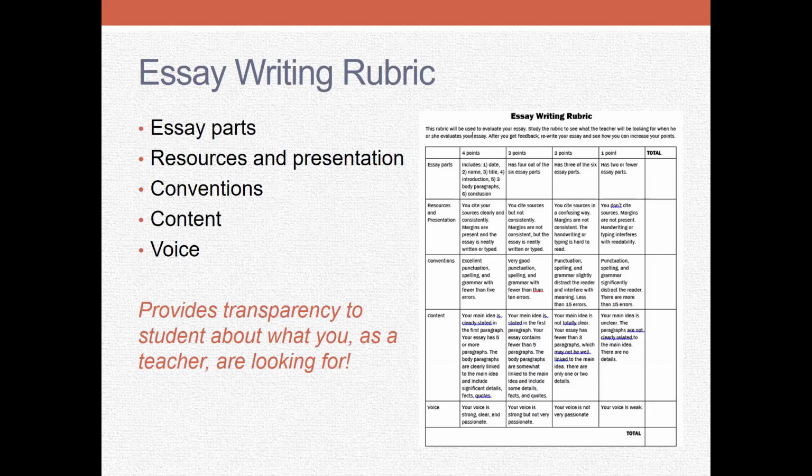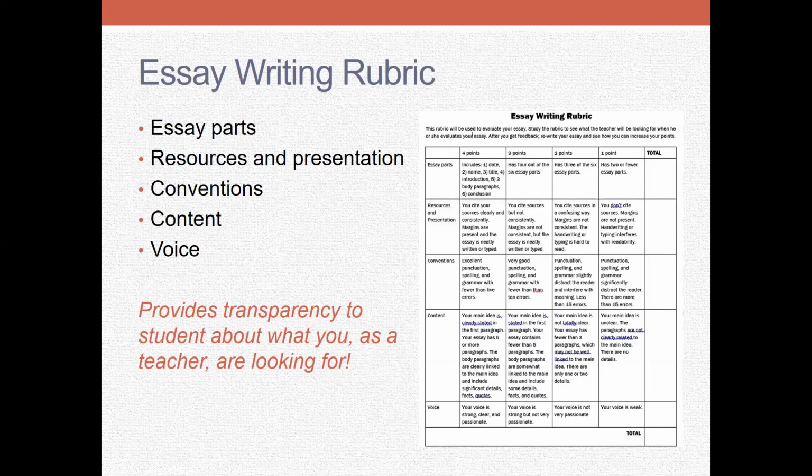So first of all, I just hand it out, and I help them look at it, and they start to acquaint themselves with it as a document. So it's a grid, it's got columns and rows, it's got points. You can get more points or fewer points, and there's a lot of different areas you can get points in. And so I have them try to understand this really well, because for one thing, it makes what I'm looking